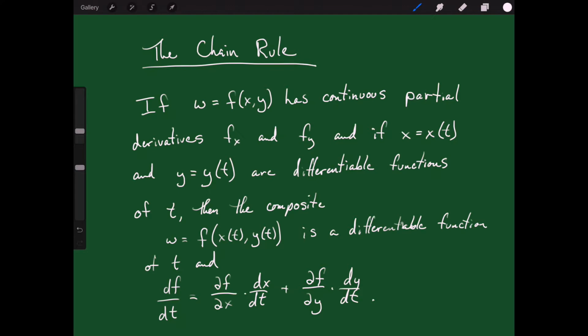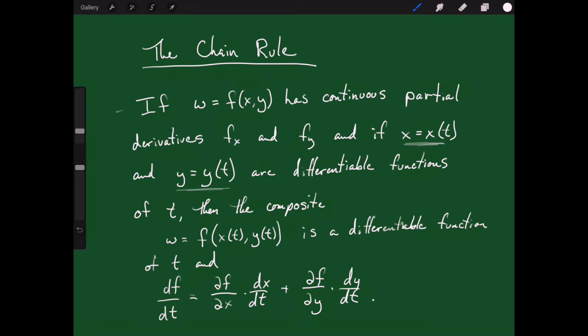So let's read this definition together and just talk about what this is saying. So let's start up here. If w is equal to f of x, y has continuous partial derivatives f sub x and f sub y, and if x is specifically a function of t, and y is also a function of that same parameter t, and they're both